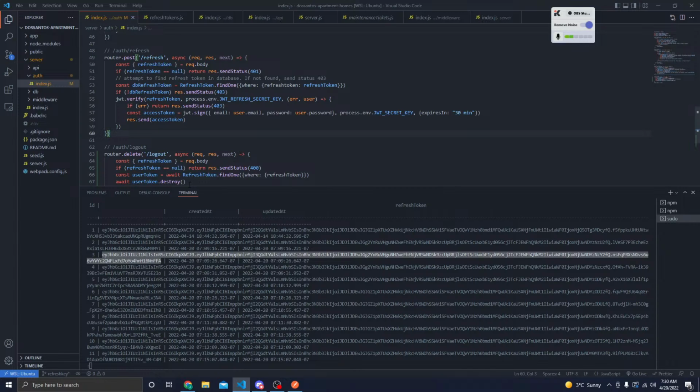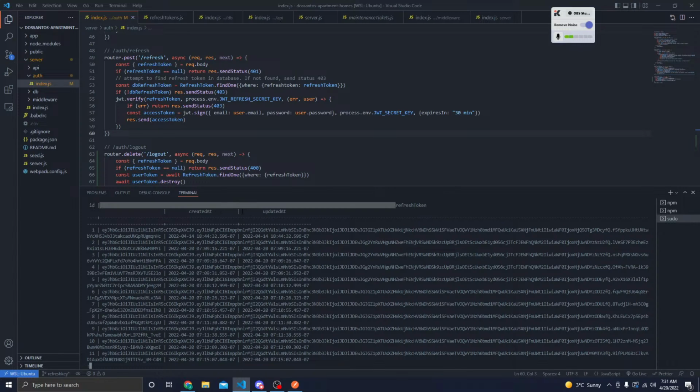There's one thing that we could do, which is build out our refresh token, because the refresh token table only has ID, refresh token, created at, and updated at. One additional thing I could do is create another foreign key that would link it to a user, so that one user can only have one refresh token. So if they were to log in somewhere else,